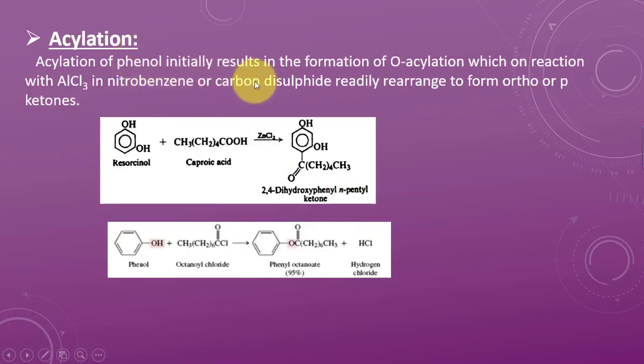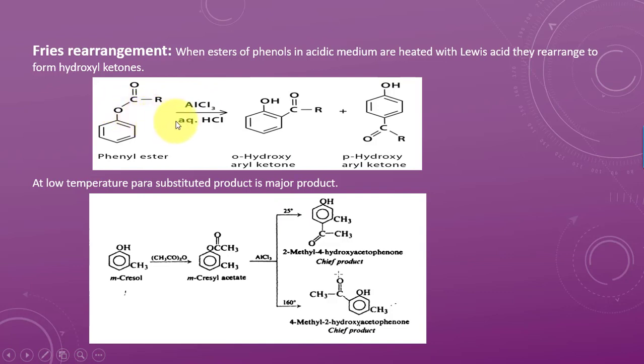Acylation. In the presence of Lewis acids, acylation of phenol takes place, but direct acylation of phenol does not take place. Phenol on reaction with an acyl chloride first forms the oxygen-acylated product, and this oxygen-acylated product then, in the presence of aluminium chloride and aqueous HCl, will rearrange to form ortho-hydroxyaryl ketone and para-hydroxyaryl ketone. A mixture of these isomers will be formed, and these isomers are also